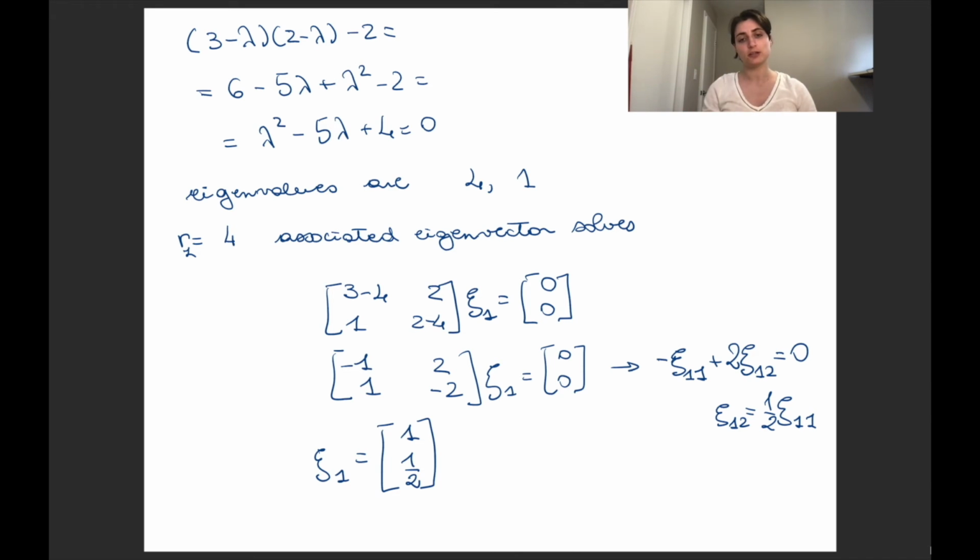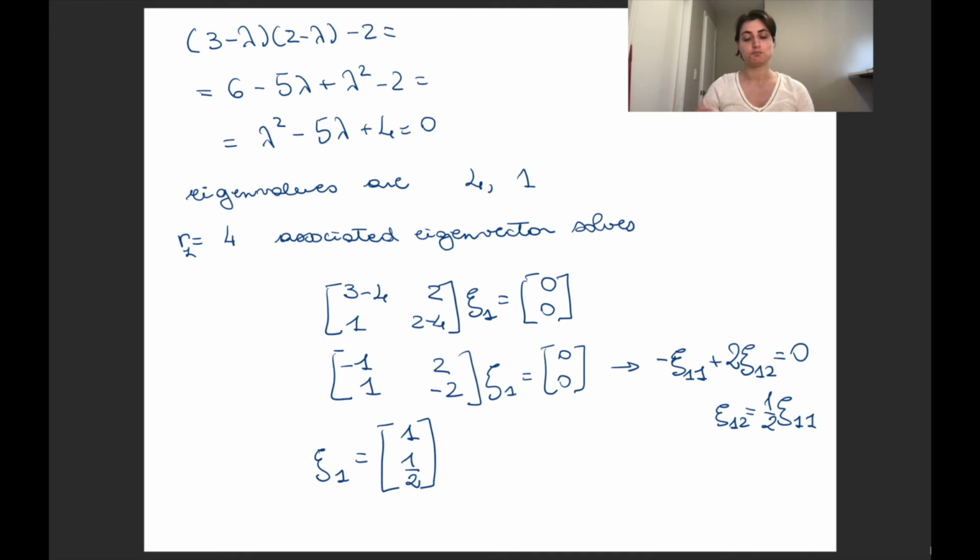And we can do the computations, and we notice that A minus 4I simplifies to the matrix minus 1, 2, 1, minus 2 times xi. You might immediately notice how the first line is the second line multiplied by minus 1. And we want this singular matrix, singular because two lines are linearly dependent on each other, multiplied by xi